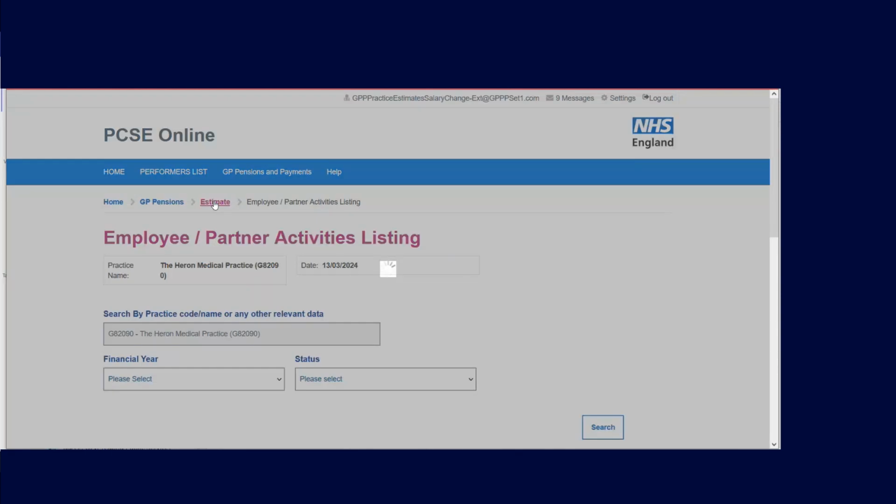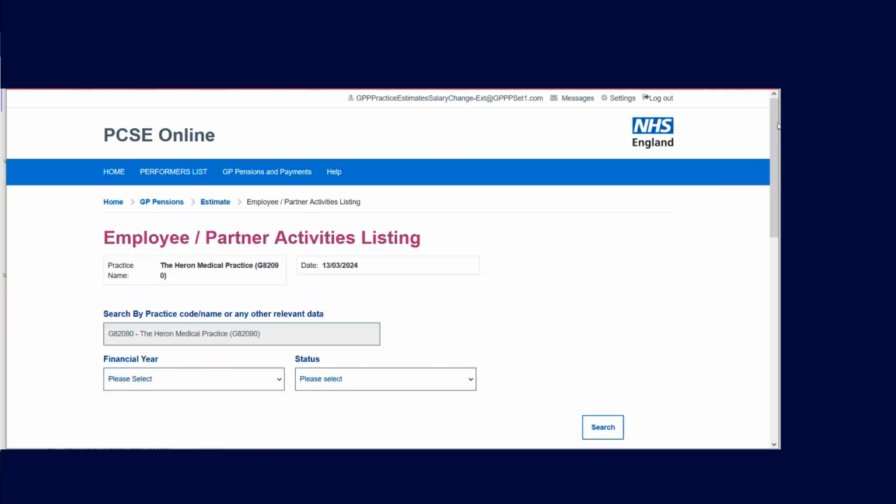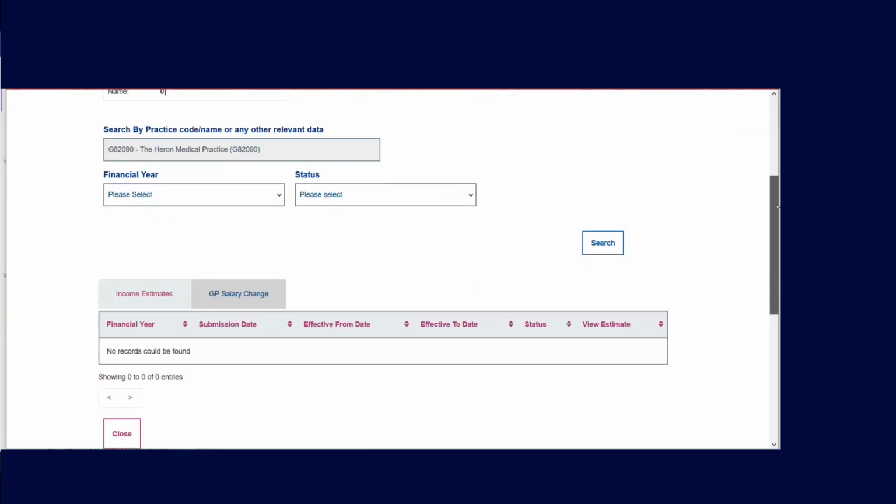I just want to show you the listing screen. So if I go back to when I'd clicked on that estimate button earlier, I had two options. So practice estimate was what we did and went into submit. Practice estimate listing would give you a record of all of the estimates you've submitted through PCSE Online. So that one that I've just submitted,